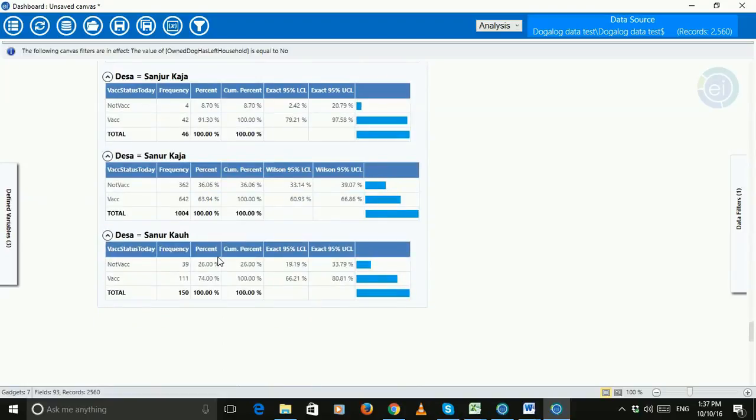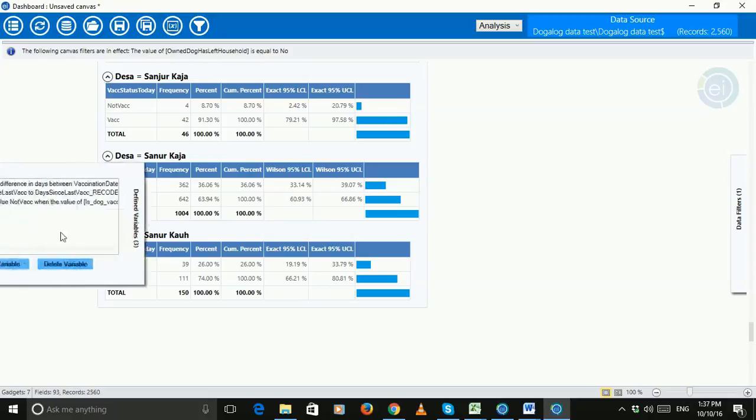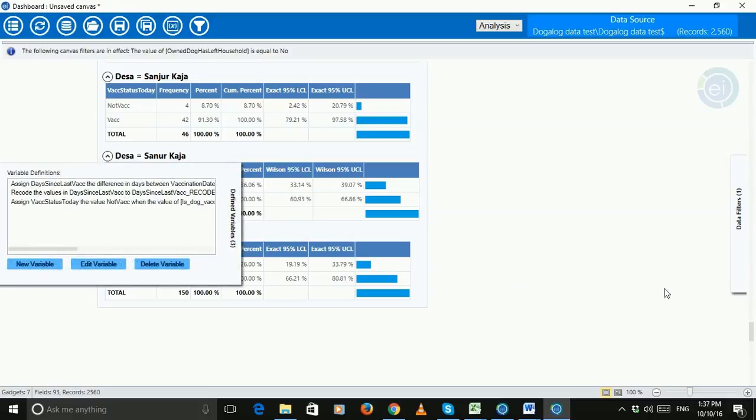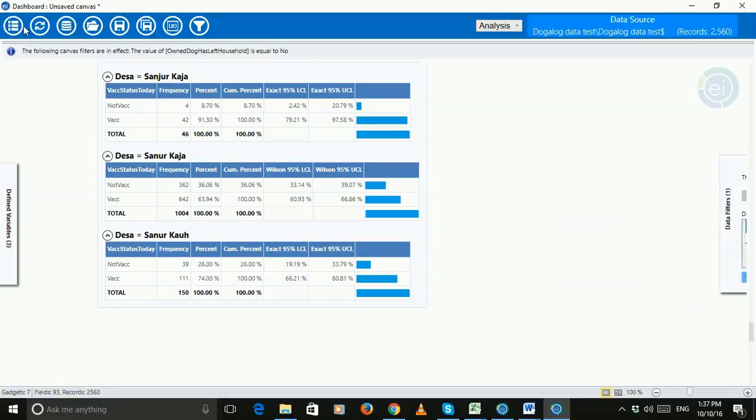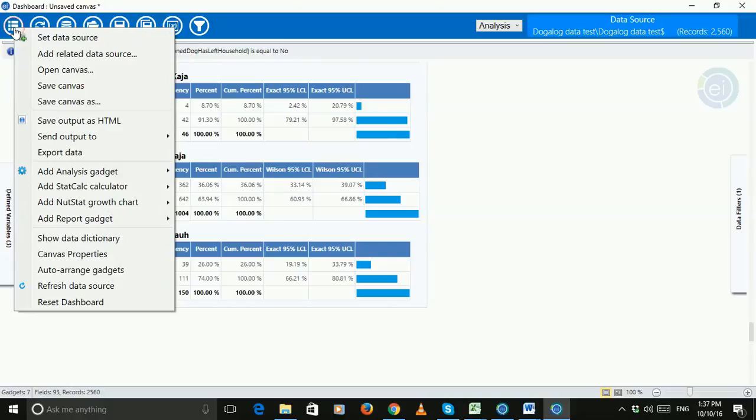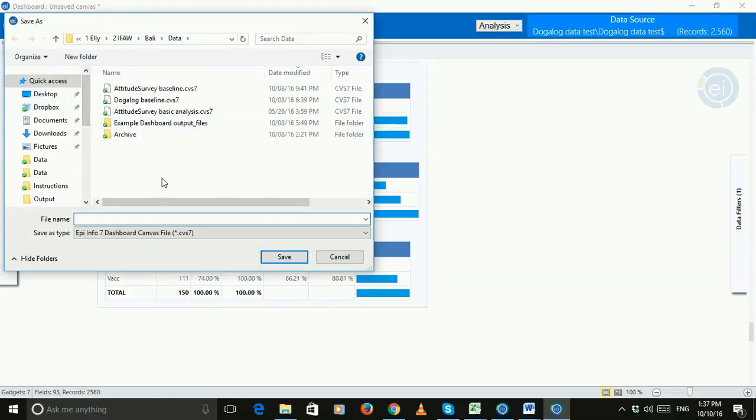Okay, now you can save this canvas. You don't have to go through this process all again. I realise we've created a lot of defined variables. We did that important data filter at the beginning to get rid of any dogs that have left. So what we're going to do is go File, up here, this 3 dash thing, and then you can save canvas as,